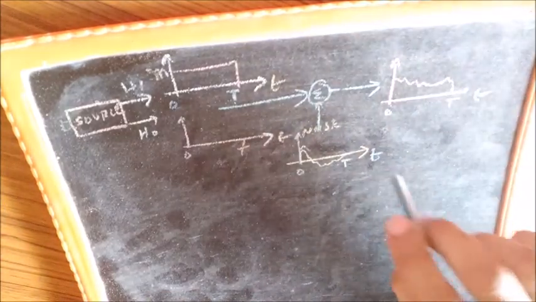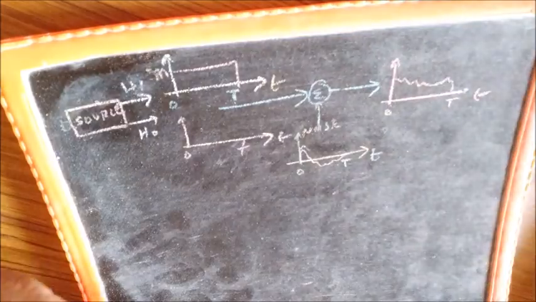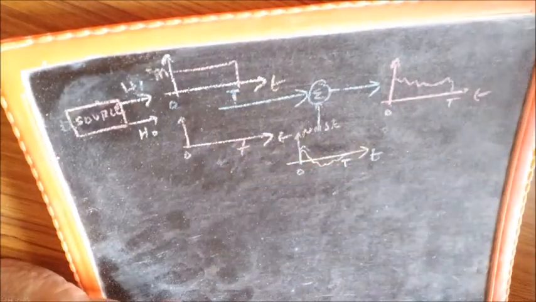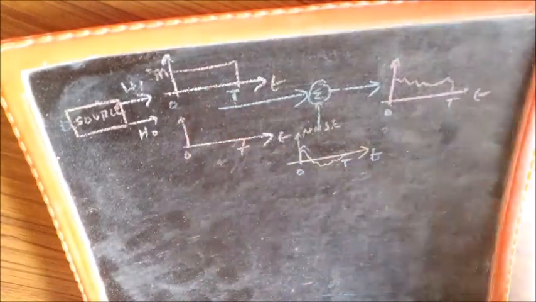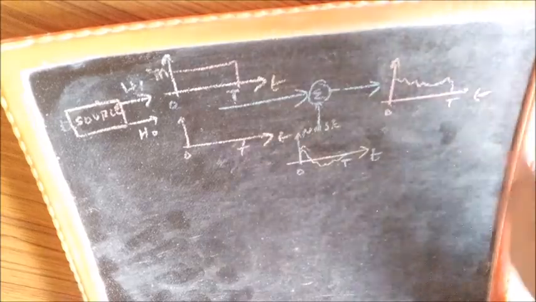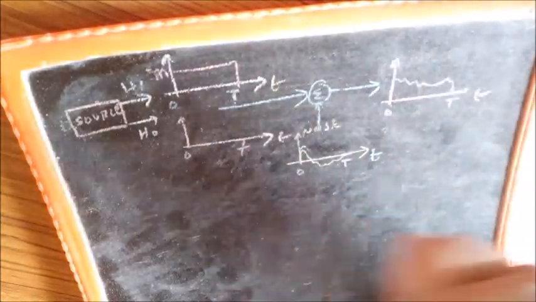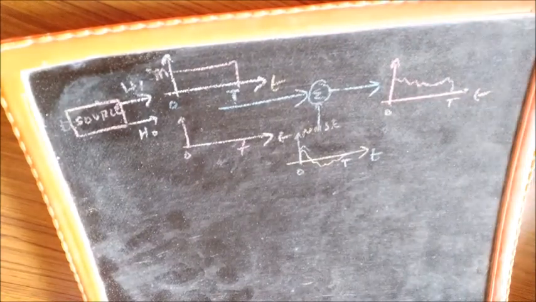So this noise gets added in the course of transmission, and hence what you receive will be a noisy version of whatever was transmitted. In this example I have shown a noisy version of this. But in general you will get a noisy waveform from which you have to detect, not estimate, which of the two hypotheses was true. So this is our problem.